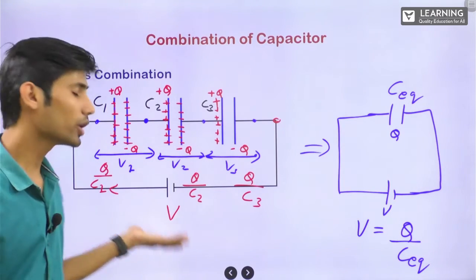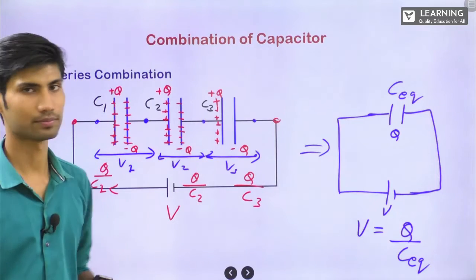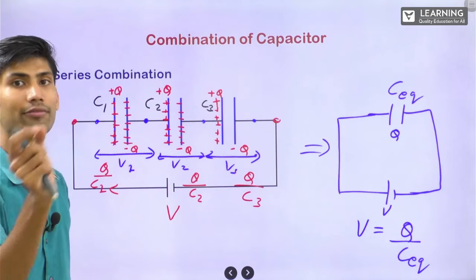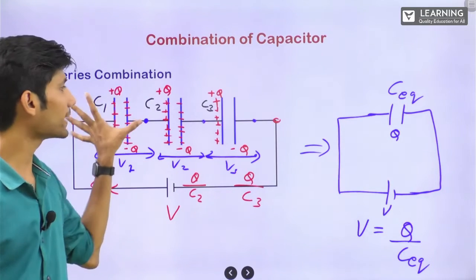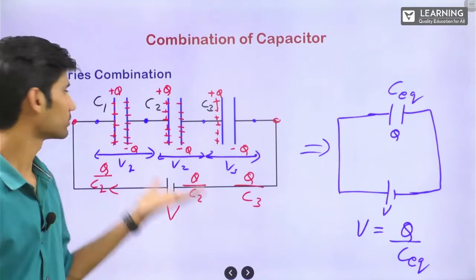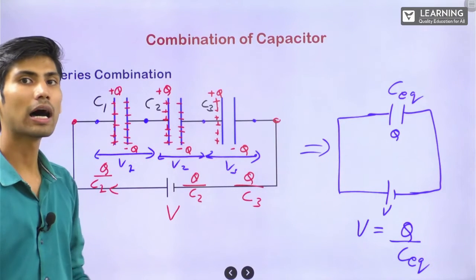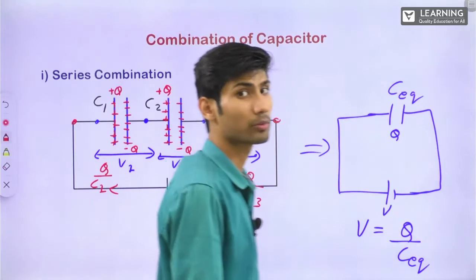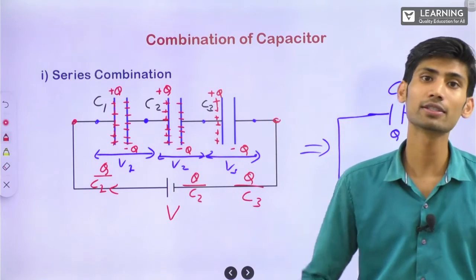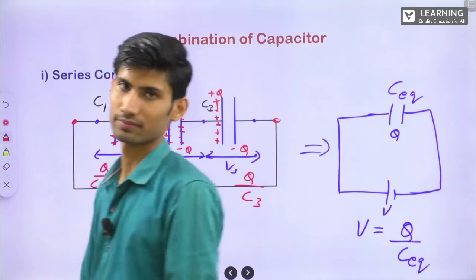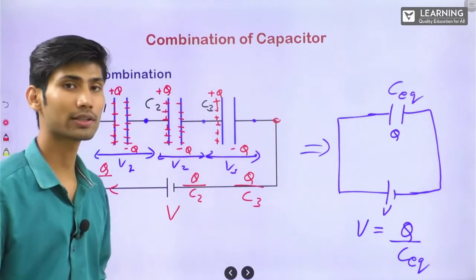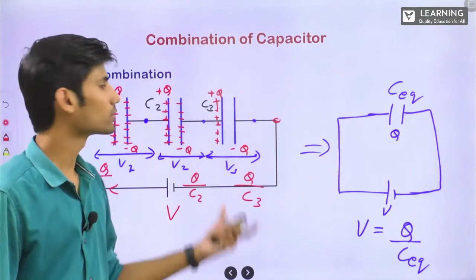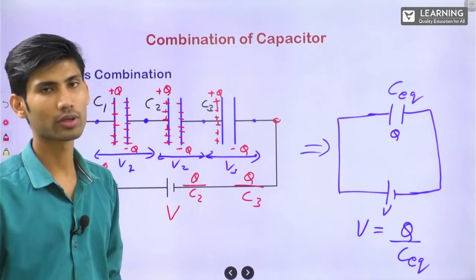So now you have to write a note. Of the energy provided by a battery, half of the energy is stored as electrostatic potential energy in the capacitors. Half of the total energy provided by the battery is stored as electrostatic potential energy, and half of the energy is converted into heat. Clear? In the exam, sometimes they will ask how much heat is produced. So if you remember this particular note, you can always write it.